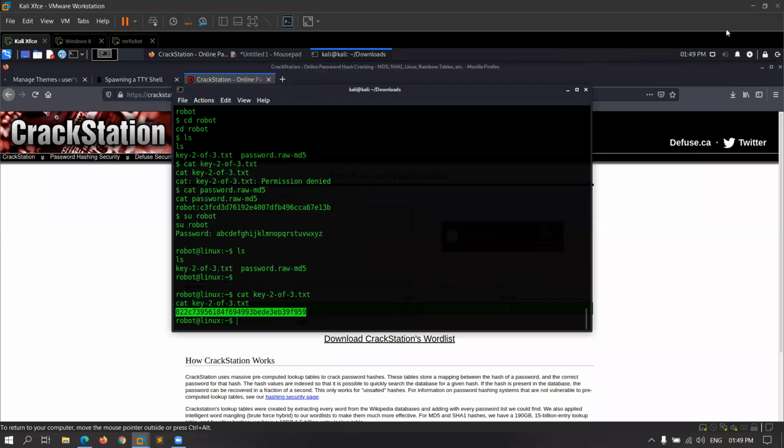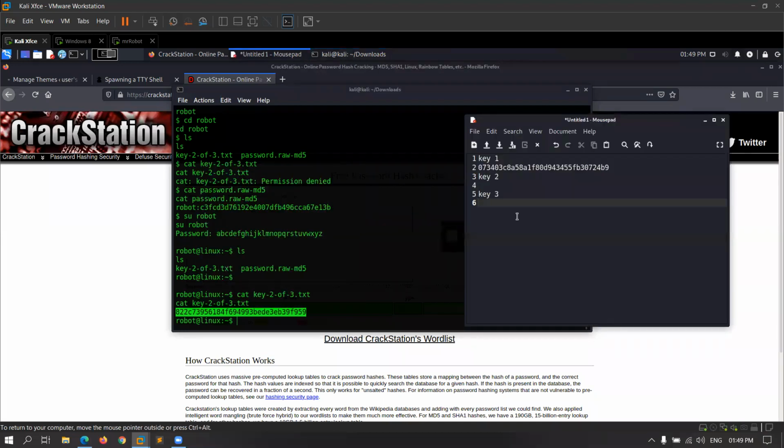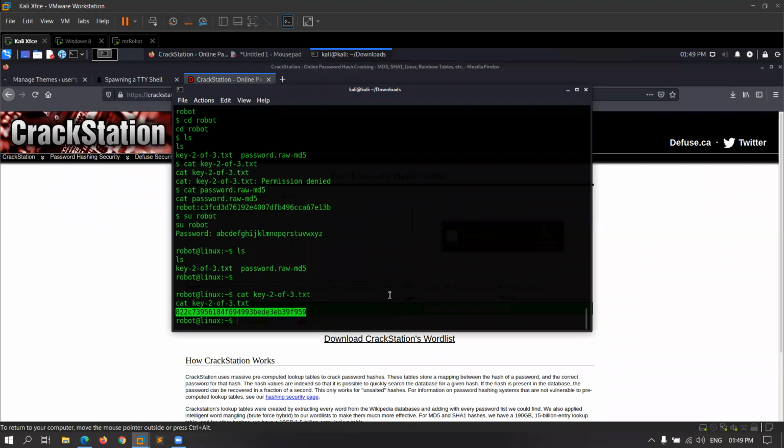This is my second key. So we have found the second key. Now the third task is to find the third key, but we don't know the procedure. All the machines in which you have to find the keys are boot-to-root machines, in which you have to take the administrator rights. You have to take the root privileges. For root privileges, the step is privilege escalation. That is called privilege escalation.